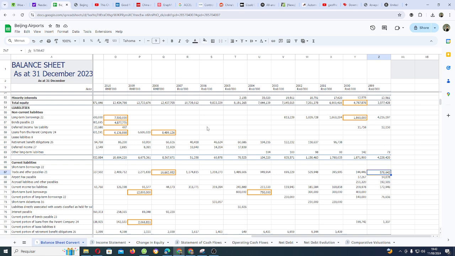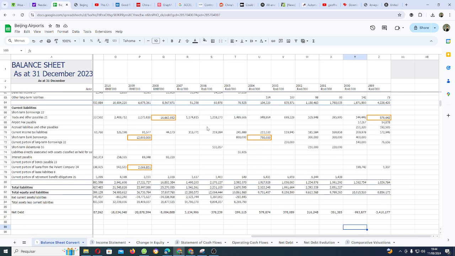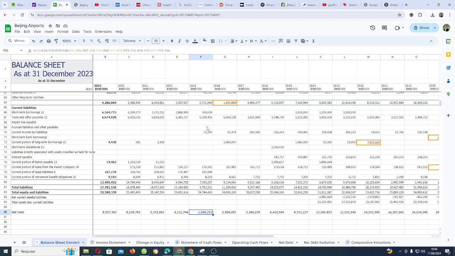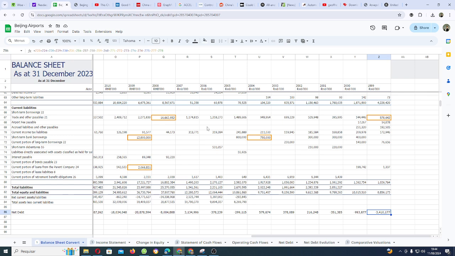Okay, they used to have a lot of trade payables. That I don't know why it changed so much. I could look at that, but it's not so relevant. So this is the net debt. Look at the net debt. We're going to look at the net debt in history. Net debt was back then, before they do the IPO, minus 3.4. Okay, so 3.4 net debt, and then it plunges with the IPO, and then they grow their net cash position significantly in